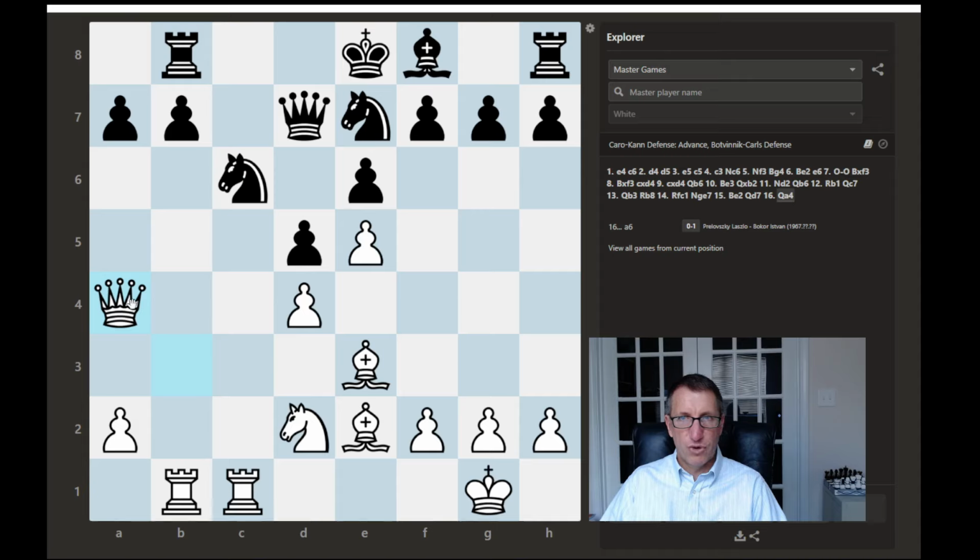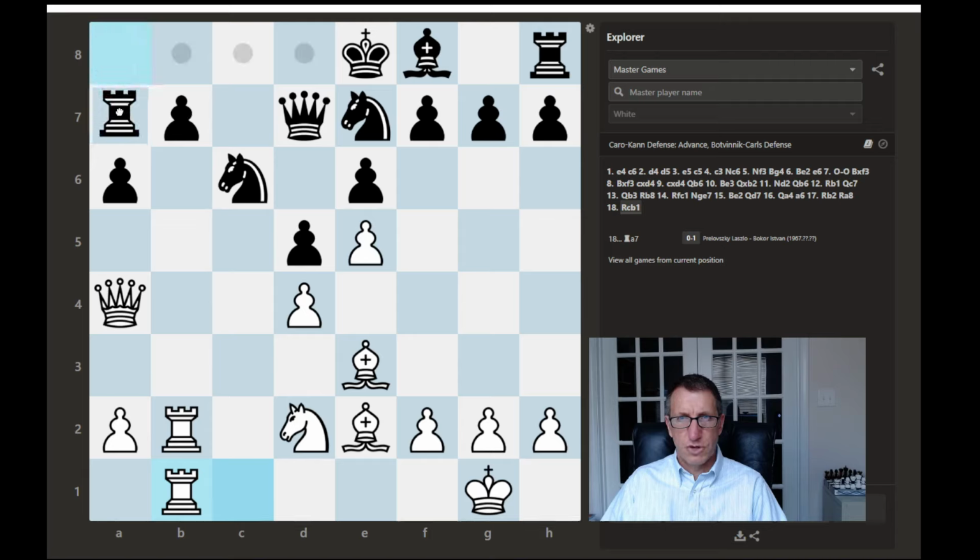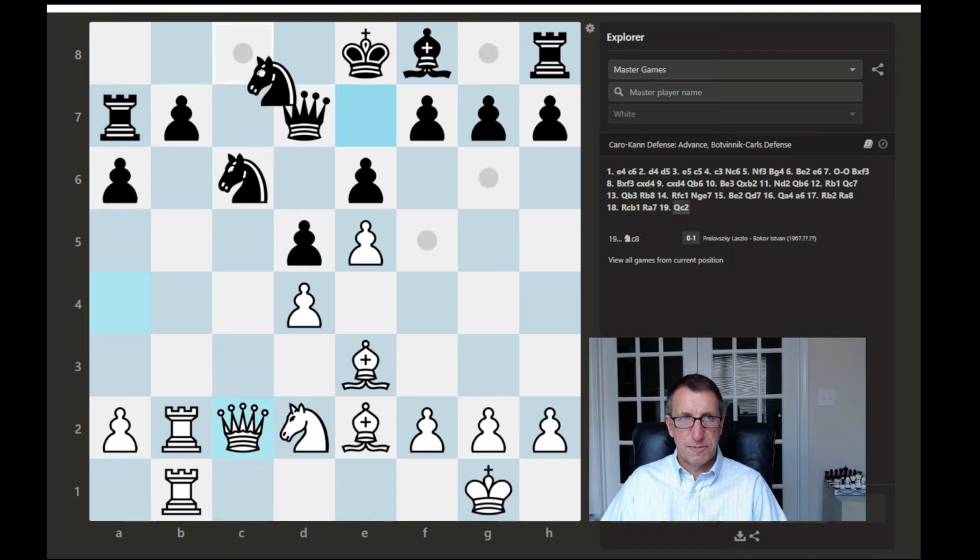Queen to a4, a6, so that pawn was being attacked. Rook to b2, maybe threatening to double rooks. Rook to a8, rook at c to b1, and rook to a7. Interesting choice. Queen drops back, knight up to c8, and